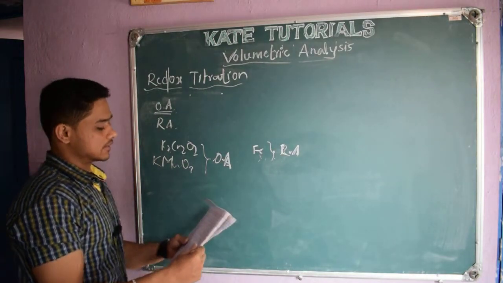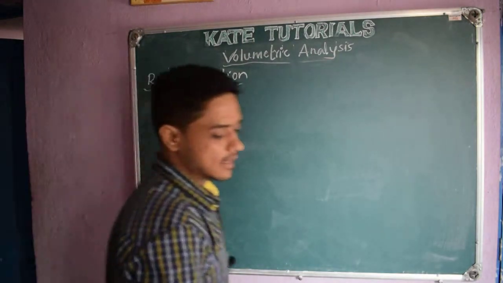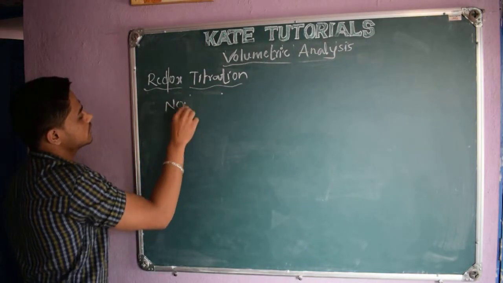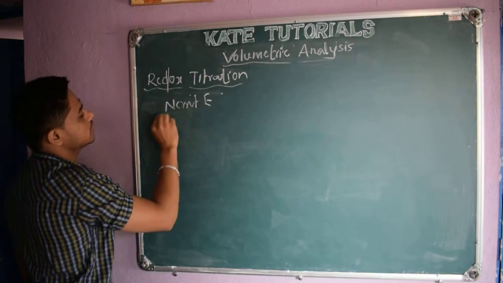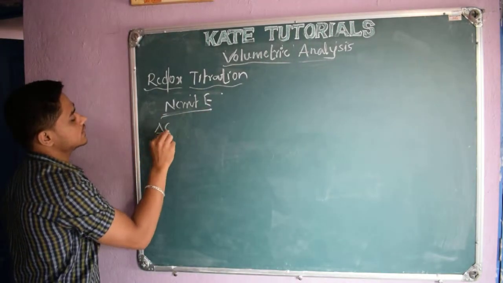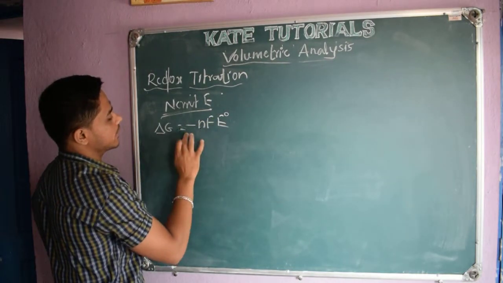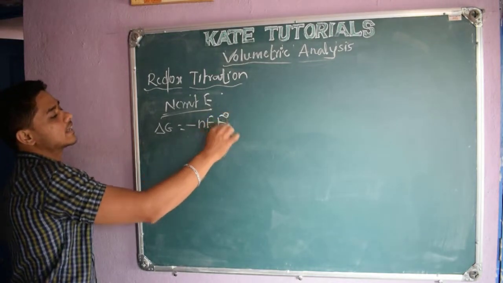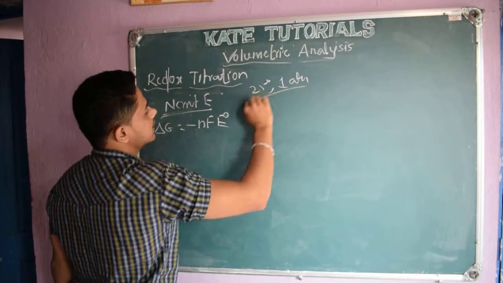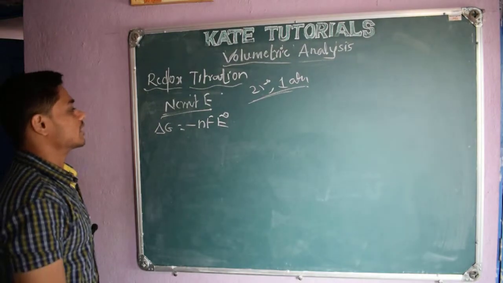Let us discuss the Nernst equation. Nernst equation also I have derived in that electrochemical cell, but still let us discuss a little bit about the Nernst equation. What happens here? We know delta G is what? Minus NF E naught of cell, right? Minus NF E naught. E naught stands for standard condition, 25 degrees Celsius, 1 atmospheric pressure. If such things are there, standard condition, we get the electrode potential,